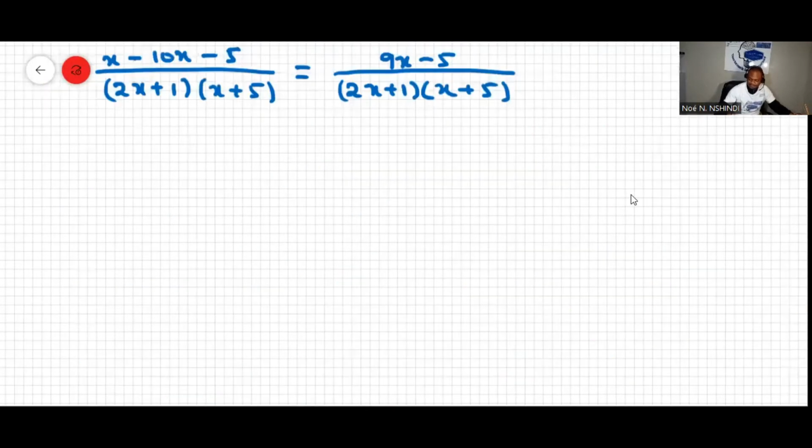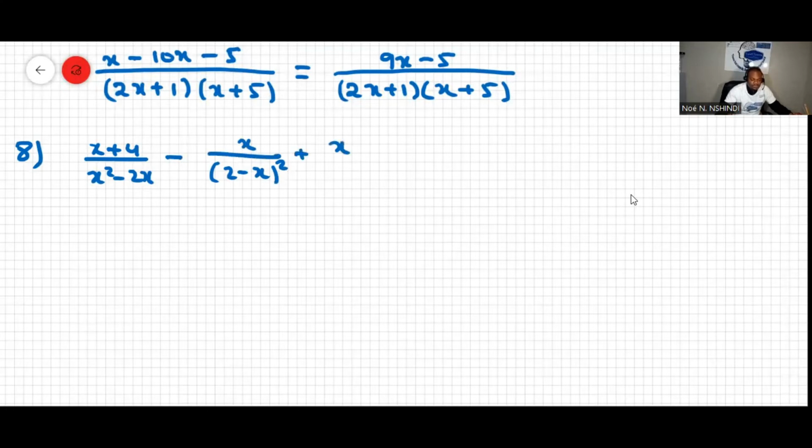Question 8 says: (x plus 4) over (x squared minus 2x), then minus (2 minus x) raised to the power of 2 under x, and then plus (x plus 2) over (x minus 2). Now,